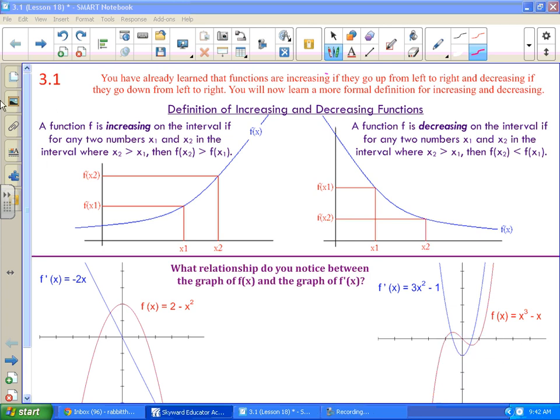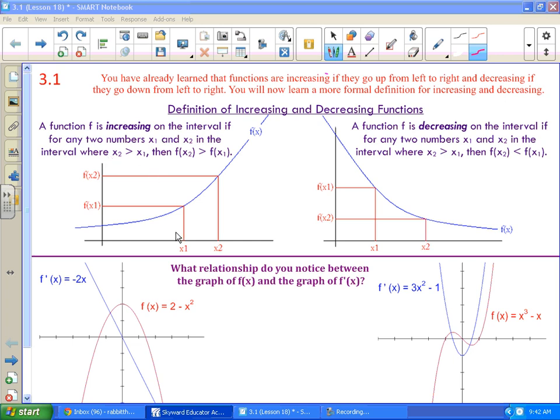Okay, so the top piece here at 3.1, we're talking about increasing and decreasing functions. So a function is increasing if it rises from left to right. Okay, so that's what the top here is saying. It's decreasing if it falls from left to right. So if we're talking about the definition of an increasing function, it says it's increasing on an interval if for